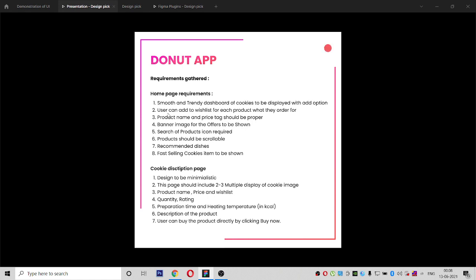Like products, multiple categories of products, recommended dishes, fast selling cookies, and those products should be scrollable. Search is done, product banner image is done, product name and price tag should be inside a card, and it should be scrollable, correct? We have to analyze all those things. So the user can add to the wish list. So one by one I will demonstrate to you.